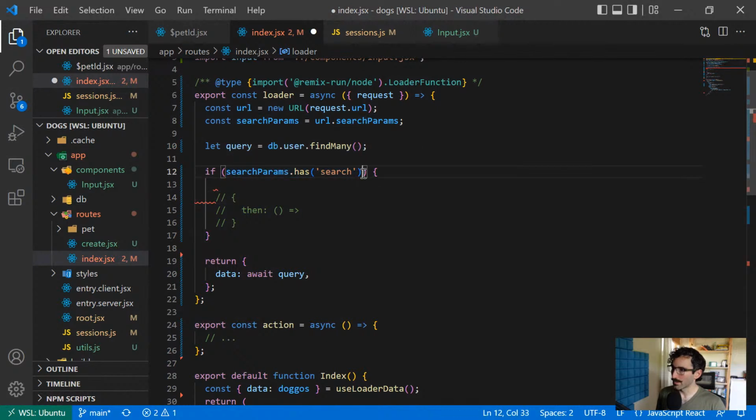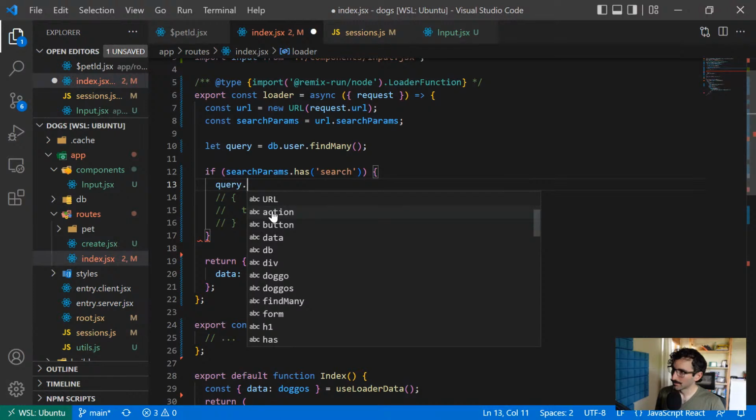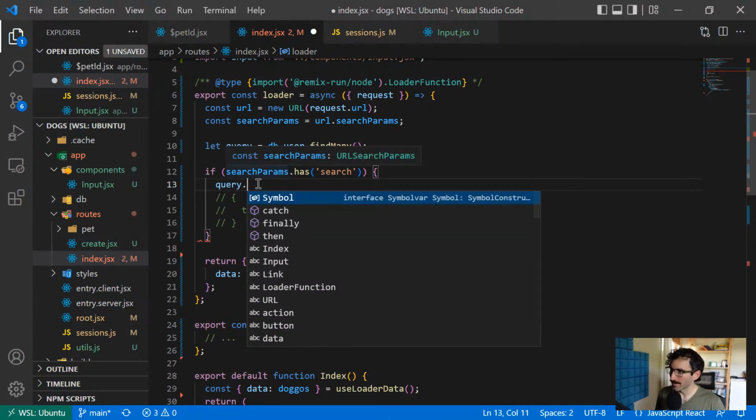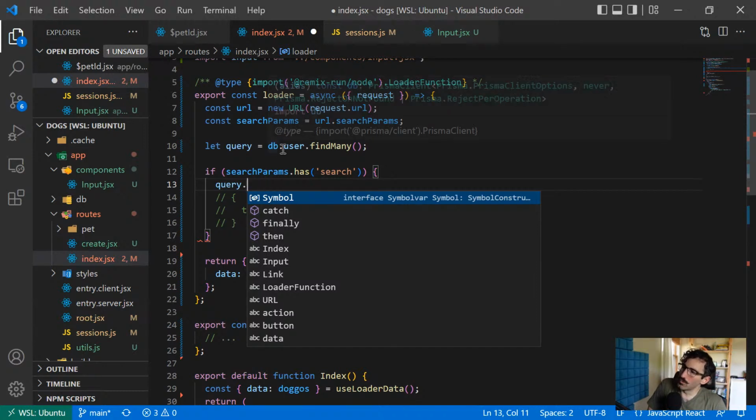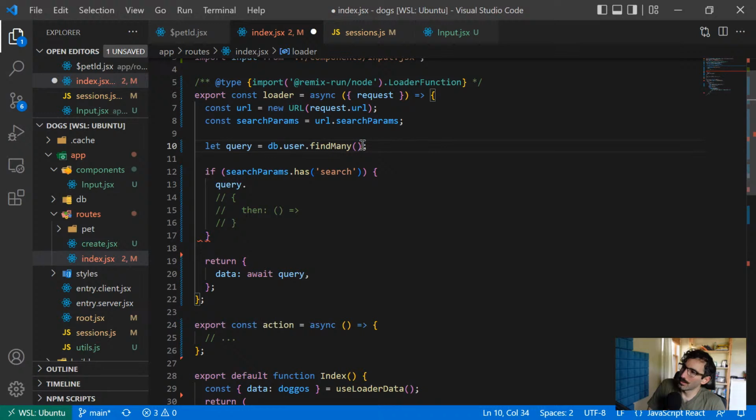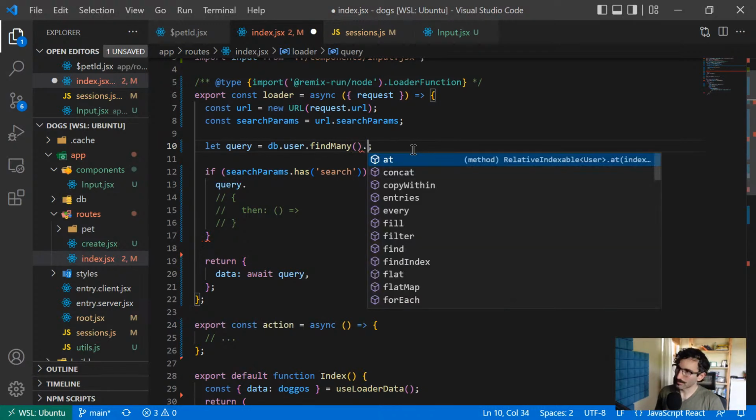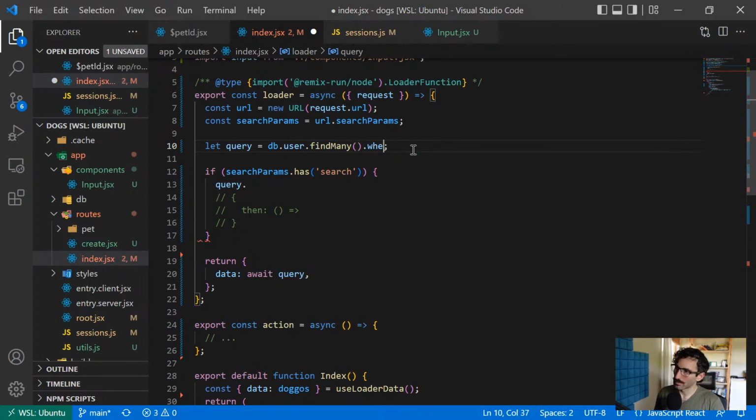If it has a search field, then we're going to say, can I do something like query dot modify somehow? It doesn't look like I can. So how would you do this? Query dot where find many user dot